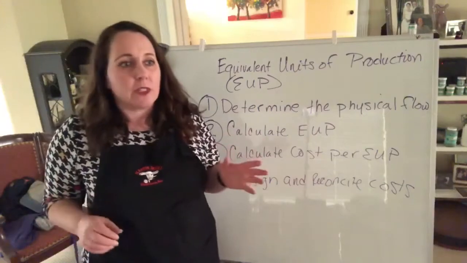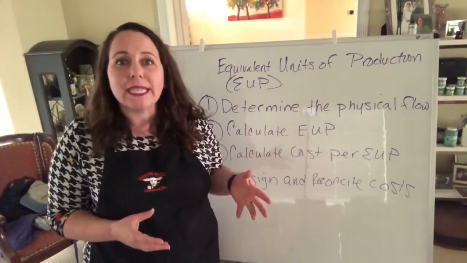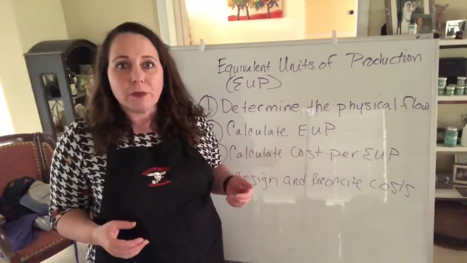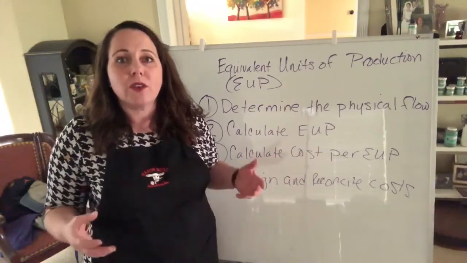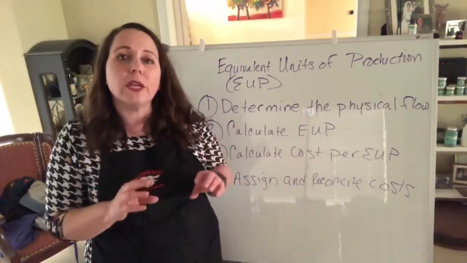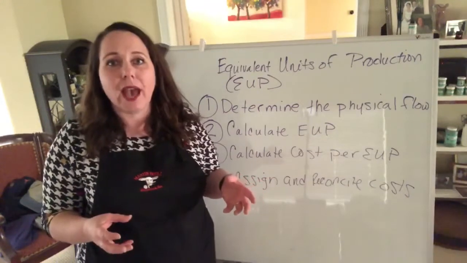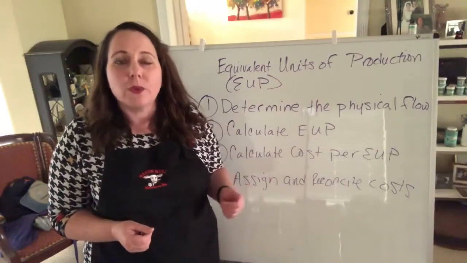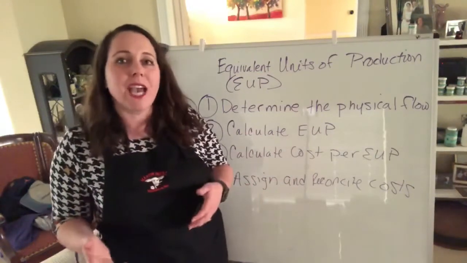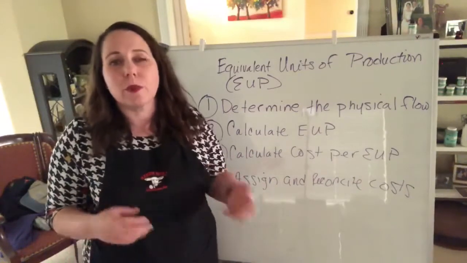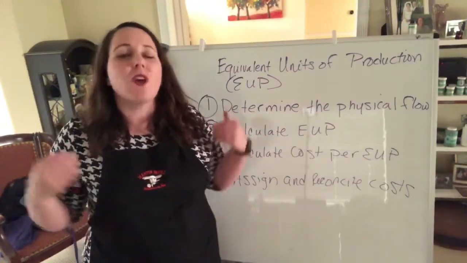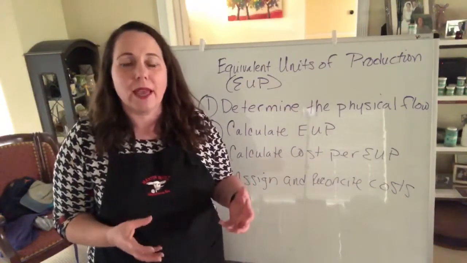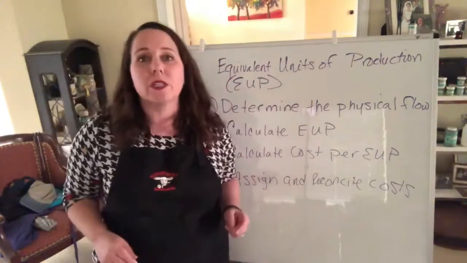So we look at direct materials and we say, about what percent complete is our ending inventory? And we use that estimate of percent completeness to calculate how many whole units, or equivalent of a whole unit, we have based on the amount of direct materials we have in the process. So we take all of those face masks, some that were just cut, some pinned, some with elastic, some partially sewn, and we say, for all of the direct materials that we've put into this, how many whole units could we have made? And that becomes our EUP, or equivalent units of production.